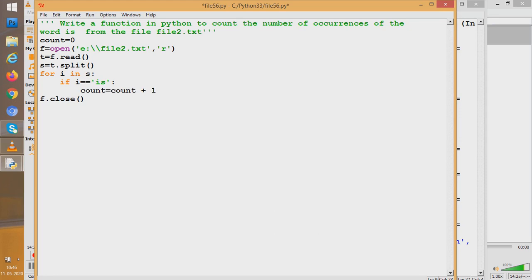And after all the words have been counted, we'll print "number of occurrences of the word is", and then we'll write count. So count will give the number of occurrences.